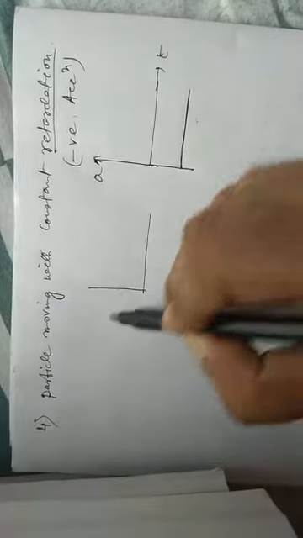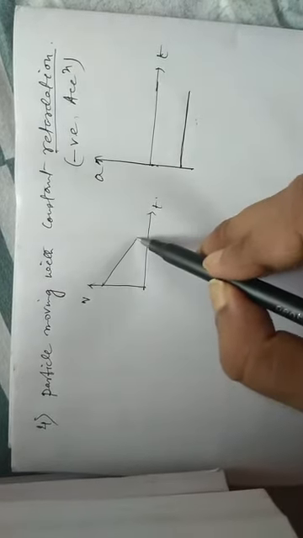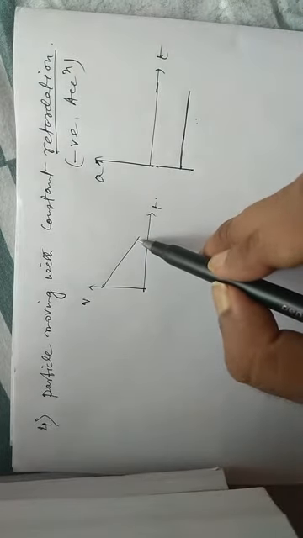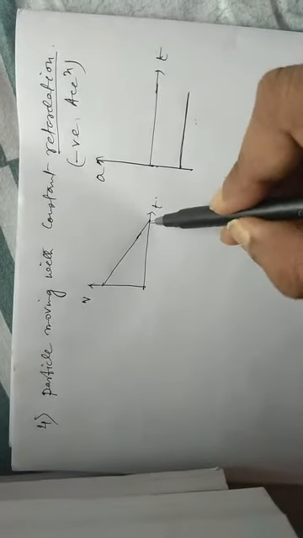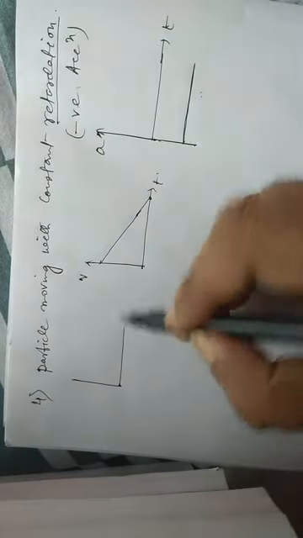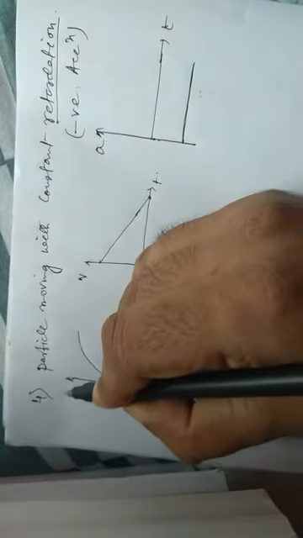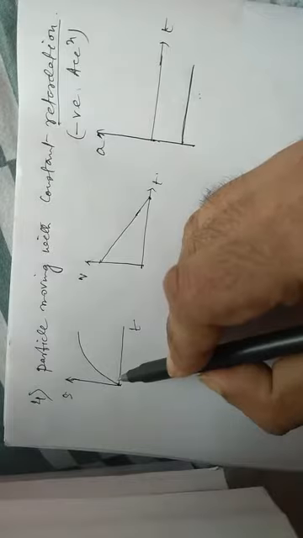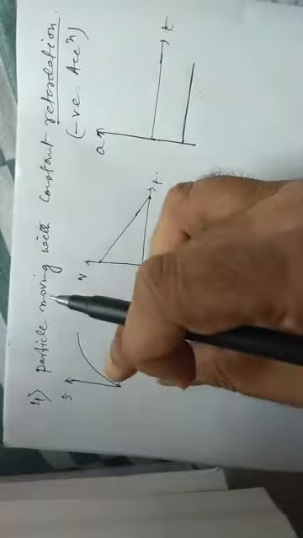According to this acceleration time graph, if you draw the velocity time graph, that means the velocity is decreasing now. And if the particle comes to rest, then we have to end the graph here. Velocity is completely zero on the time axis. The corresponding S versus T graph will be just of the opposite type. That means the displacement is decreasing here with respect to time. The gaps are going to narrow down now.